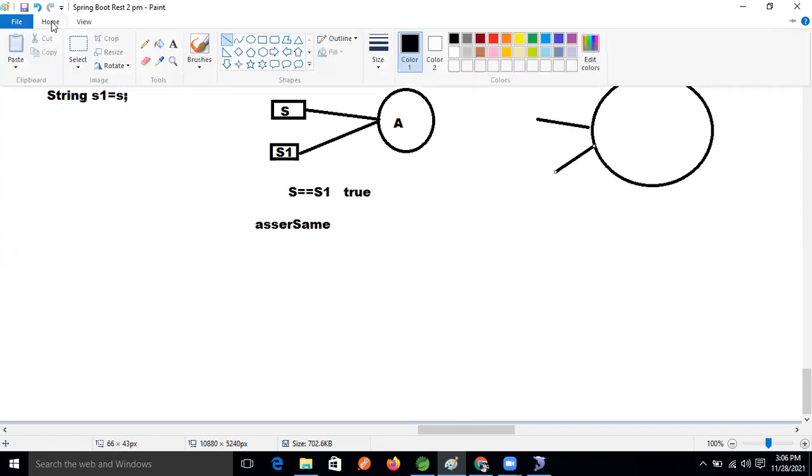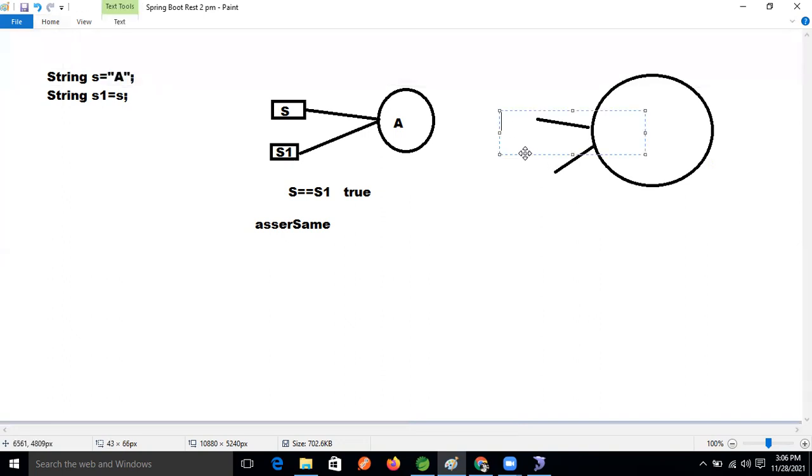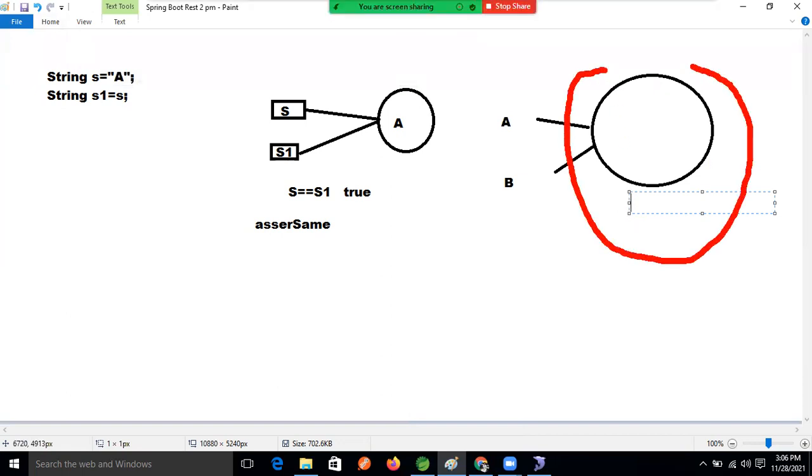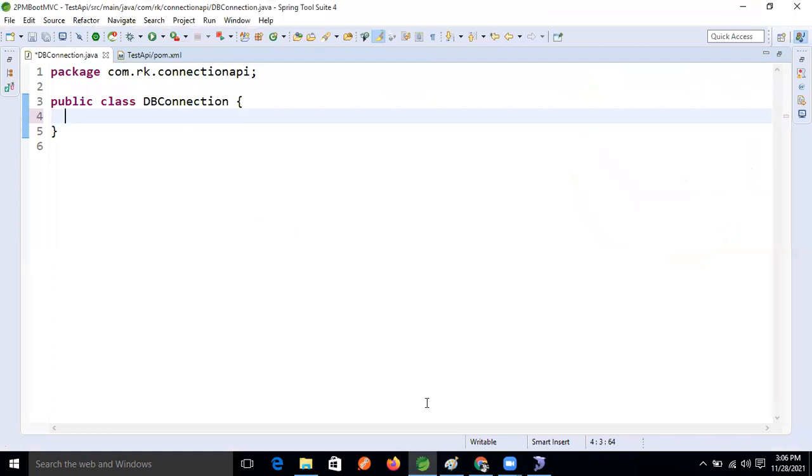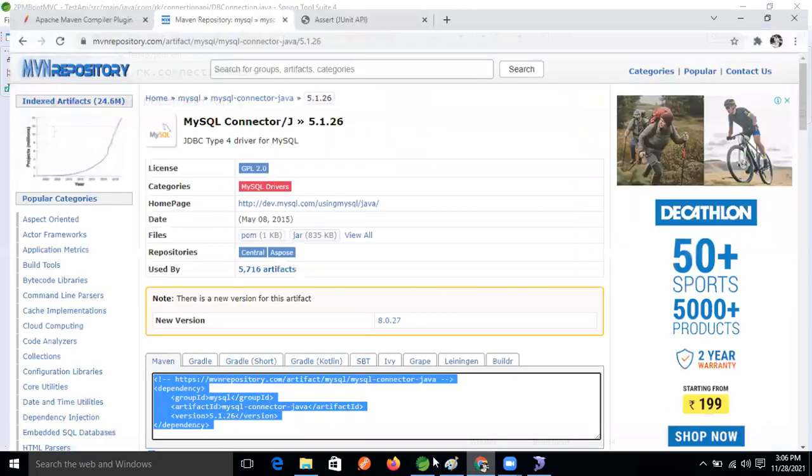Just think about it: we create connection A and we also take connection object B, but in any situation it will give us only one object. This is our scenario, and we need to test it. So we need to make the connection a Singleton, and then we can work on this area, guys.